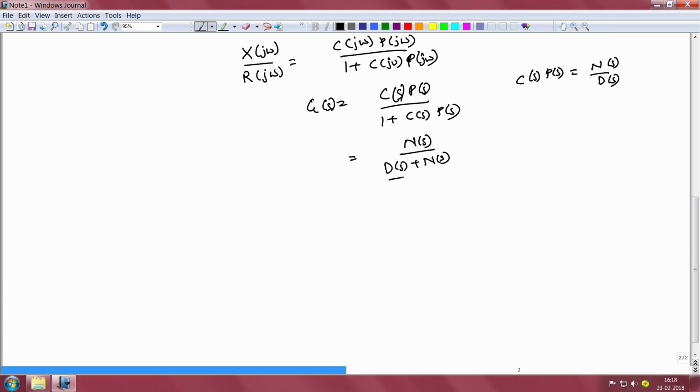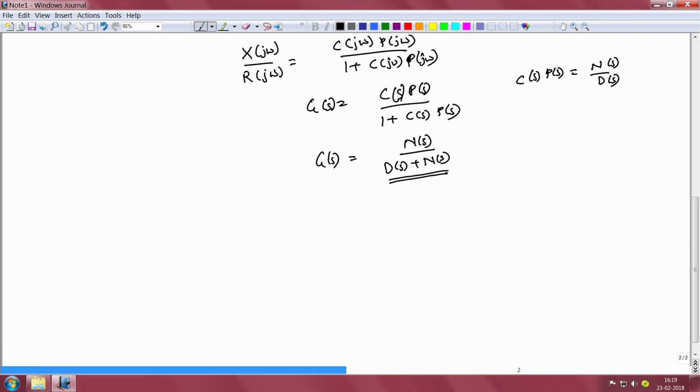Now we look at the roots of the denominator polynomial, and we need to make sure that the roots of the denominator polynomial, which are the poles of G(s), are stable, or in other words they are on the left half of the complex plane. If they are on the left half of the complex plane, the impulse response associated with this particular transfer function would all comprise decaying exponentials, and therefore our closed loop system would be stable. Now the question is, how do we go about determining whether the roots of D(s) plus N(s) are stable or unstable?